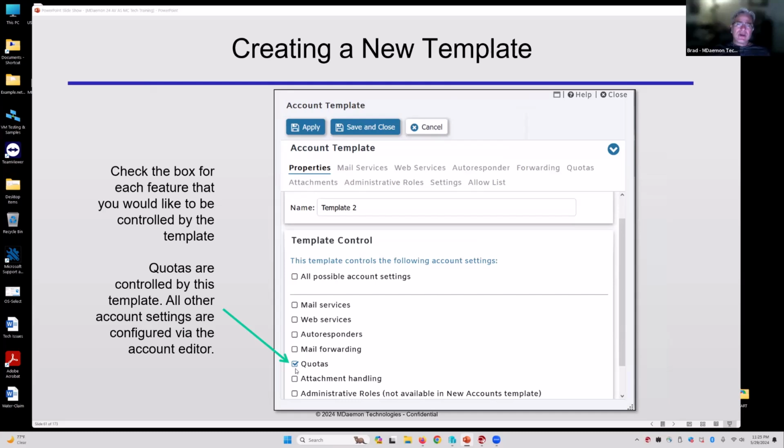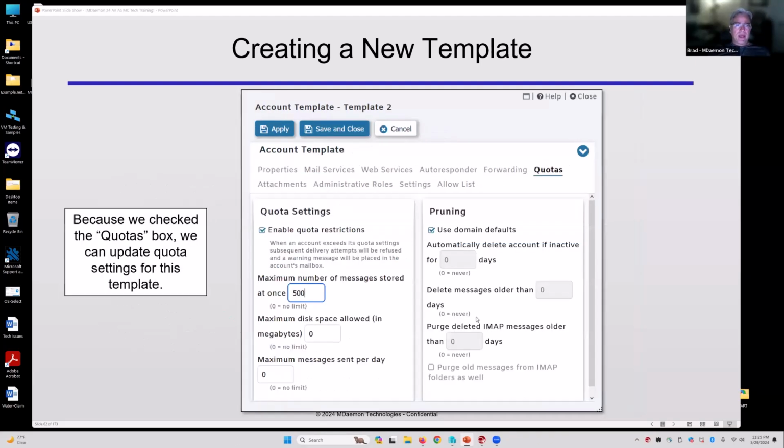Now, again, this is going to allow me to configure a mailbox quota and apply it to multiple accounts at a single time without having to go to every account and configure quota settings for each specific account. And this will start to make more sense when I talk about groups. Now that, by the way, we've checked this quotas box, I can click on quotas here, and I can specify,